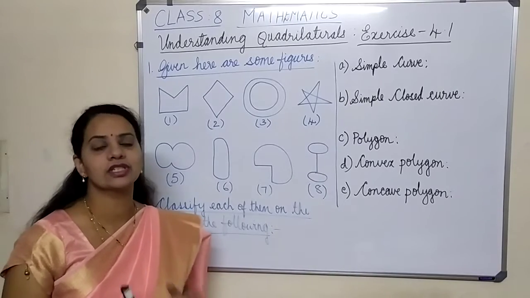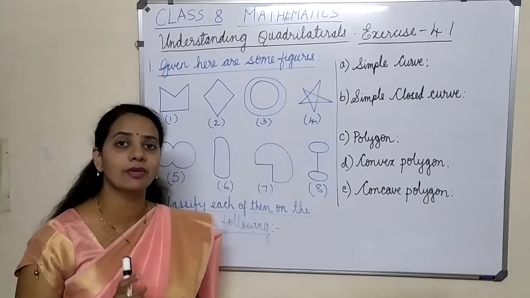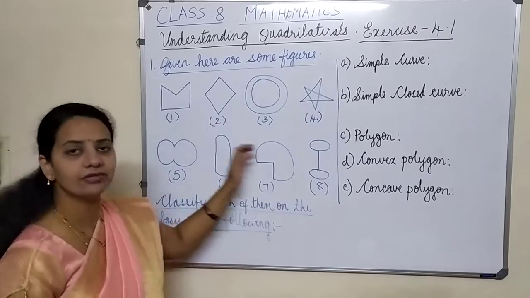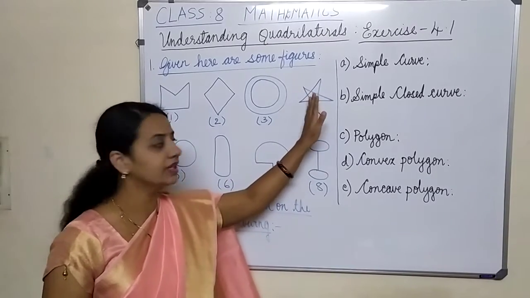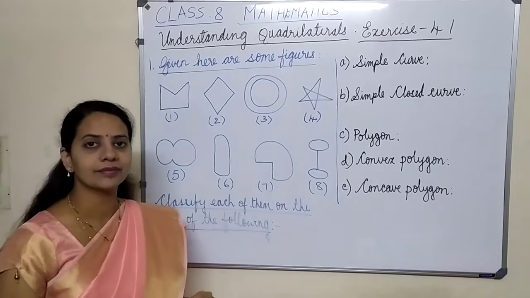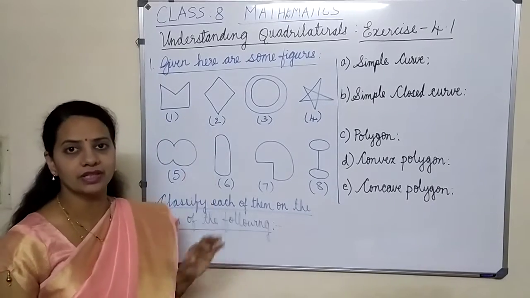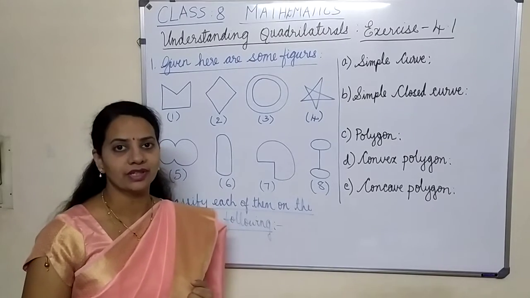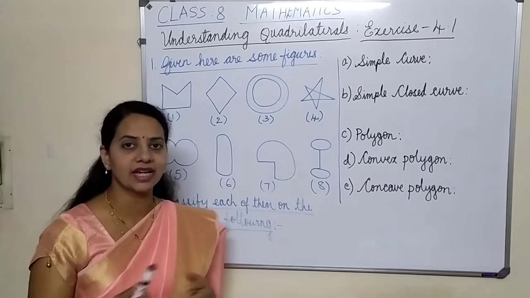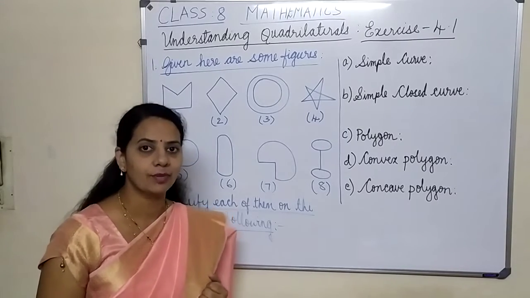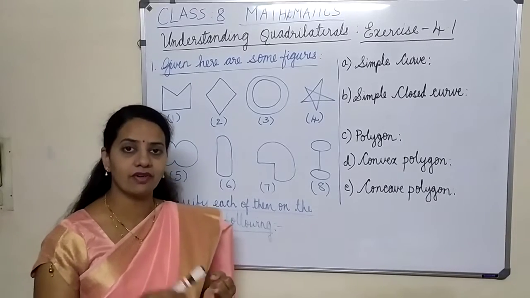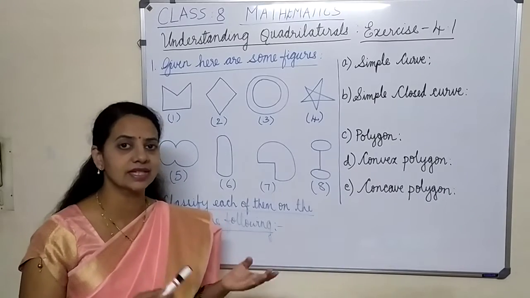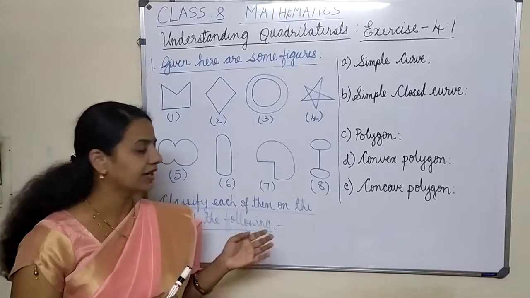A polygon is a closed figure or closed curve which is made up of only line segments like these two, right? All others are made up of curves, and this is very complicated, so it doesn't come under a polygon. So it is a closed figure which is made up of line segments. It can be a three-sided closed figure which is called a triangle, right? Based on size we have classified these polygons like triangle, quadrilateral. Quadrilateral has 4 sides. Then pentagon has 5 sides. Hexagon 6 sides. Like this we classified the polygons.